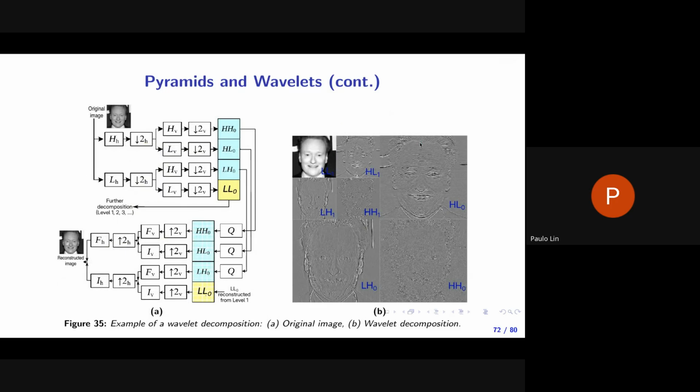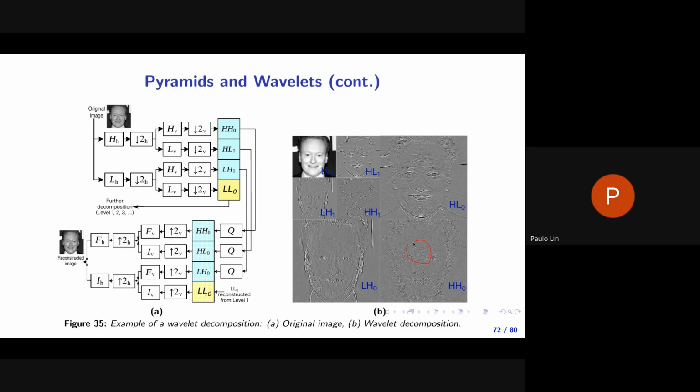Another way of representing an image in multiple resolutions is by using wavelets instead of pyramids. This is the conventional, or the most common, pipeline for using wavelets for decomposing an image at multiple resolutions. For instance, we start with an original image here, and we apply high frequency filtering and low frequency filtering, and we downsample the image, both the high frequency and the low frequency, and obtain 4 blocks, which correspond to